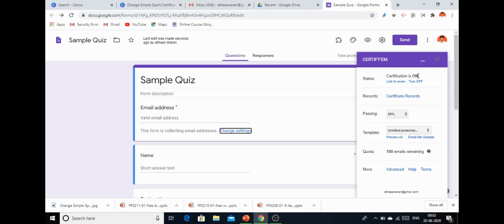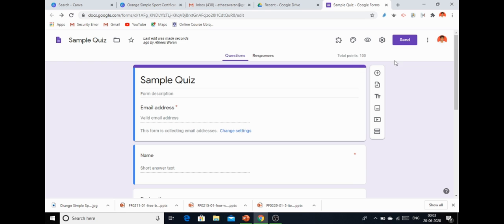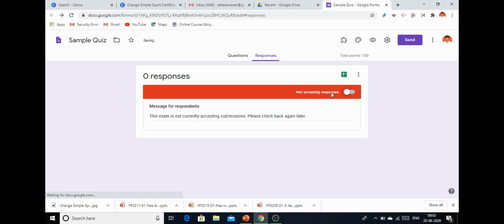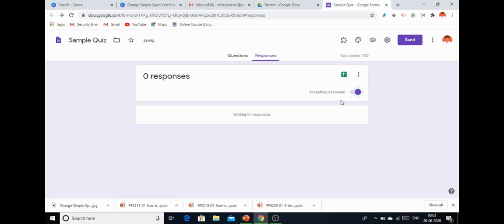The certification is switched off so that it won't send the certificate, and the form also stops accepting responses. For example, it will change to not accepting responses once it reaches the quota of 100 certificates.